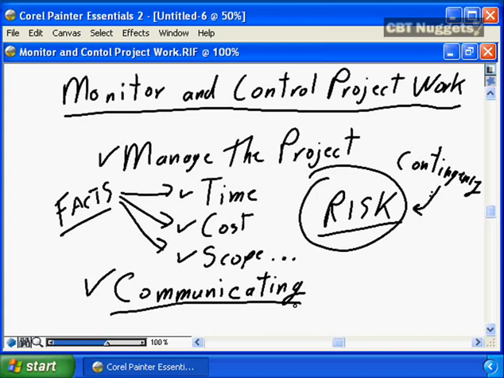We need to ensure that all stakeholders, that our sponsor, that our line managers, that our senior managers are aware of the project status, are aware of the project issues, are aware of the project risks, so that they can help us successfully deliver our project. Without proper communications, our stakeholders aren't apprised of our project situation and therefore aren't empowered, aren't knowledgeable to help us ensure the project delivers successfully.